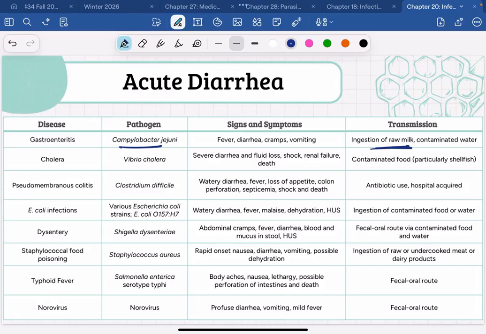Well, cholera used to be a major cause of death. I know you guys are a little bit young for it, but I used to play the Oregon Trail all the time, and half your people died of cholera. Right? They all died of cholera when you played Oregon Trail. It was Oregon Failure. You always lost. And it's because of that severe fluid loss. If you don't have supportive care, most people who get cholera these days need IV fluid replacement and things like that to get through it. Okay.